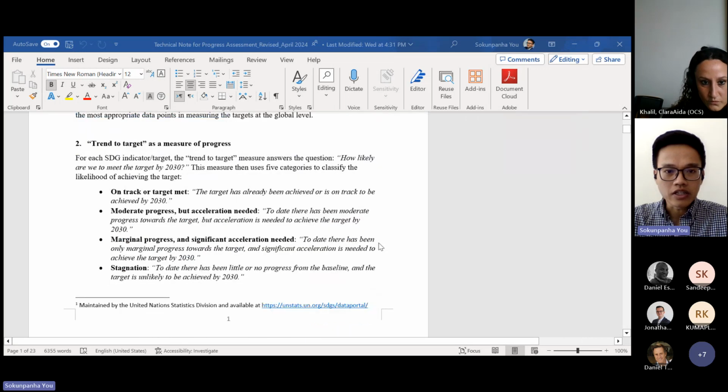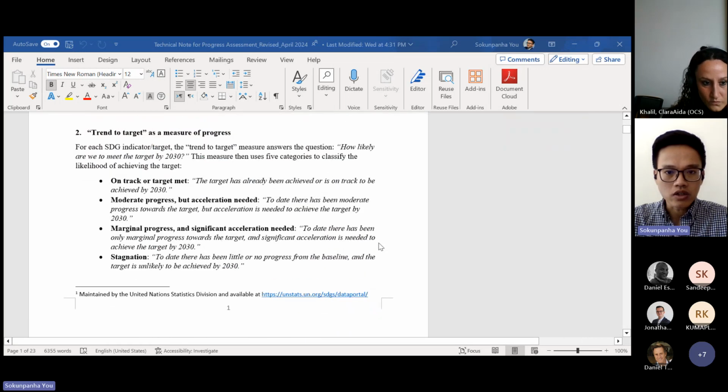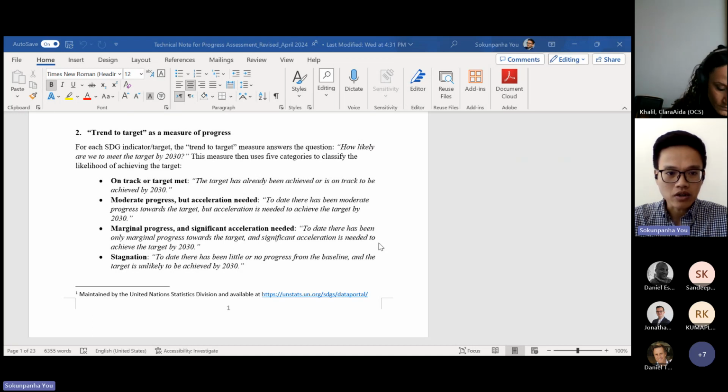The first area that we did was on the categories of trend that we are using in this version of the technical note. The main difference is that last year we had 3 trends, and this year we have split the progress trend into 2, and we have also separated the stagnation from regression. So instead of 3 that we had last year, this year we're going to have 5.